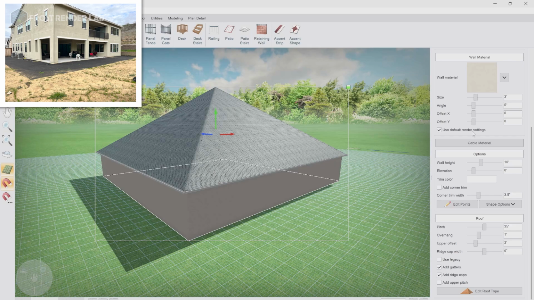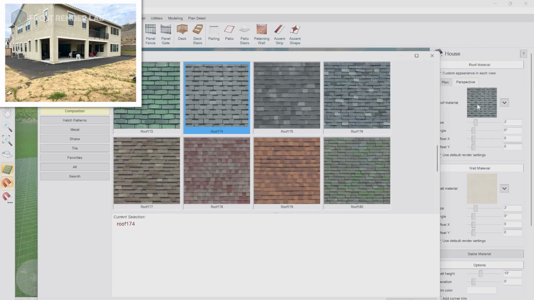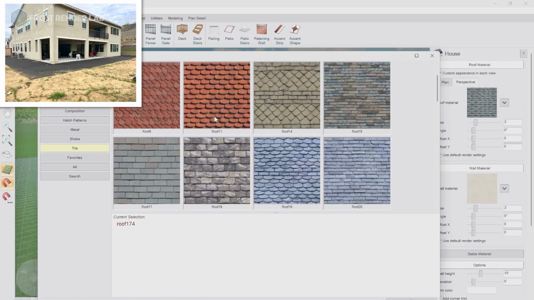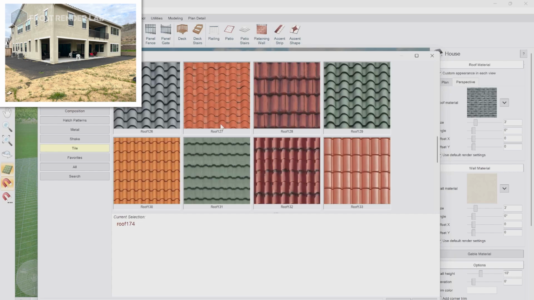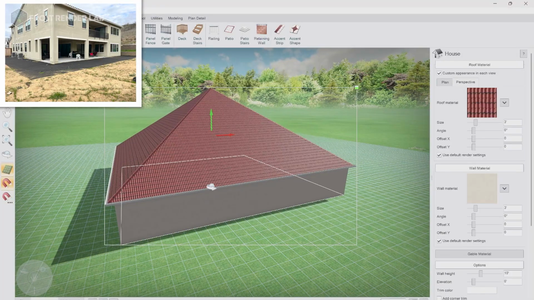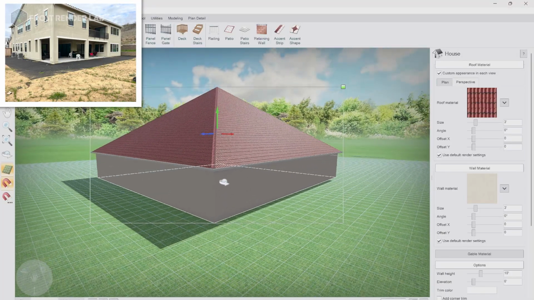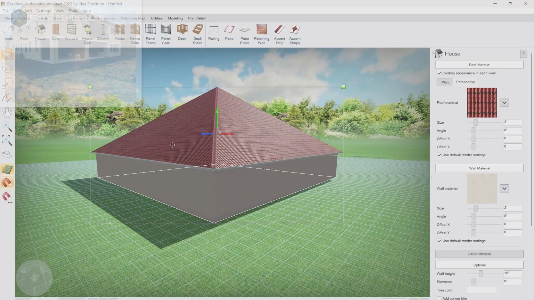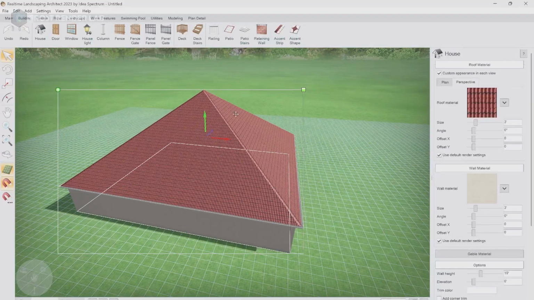So if we scroll back up, change the roof material, and the roof material, though you can't really see in the picture, is a Spanish tile. Go down to tile, scroll down, look for something that works. 132 looks good. Oh yeah, real nice. That's what we're looking like at the top. However, the house doesn't come down on this side and down on that side, so we're going to fix that